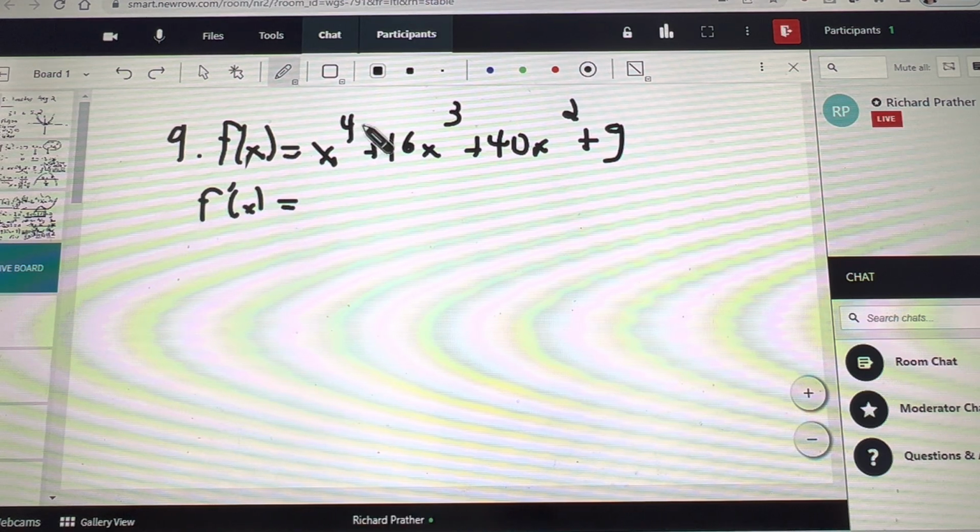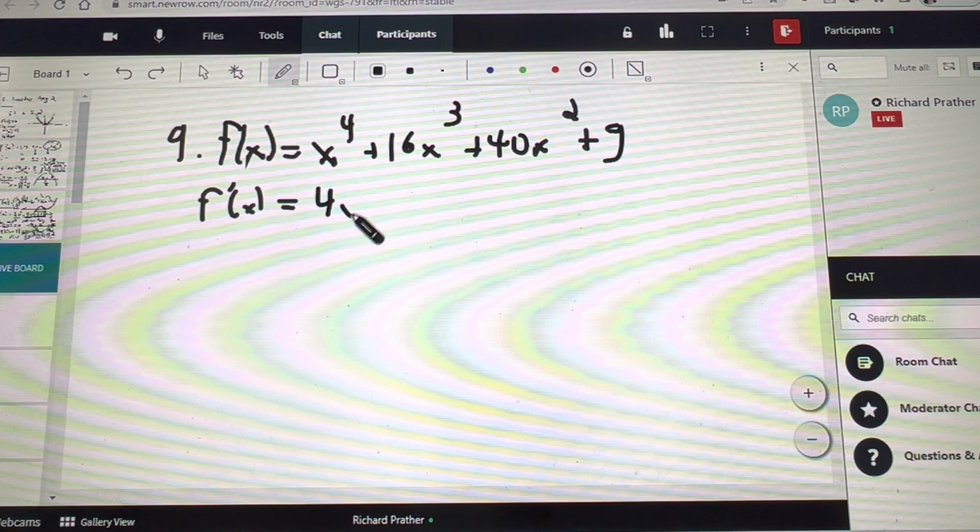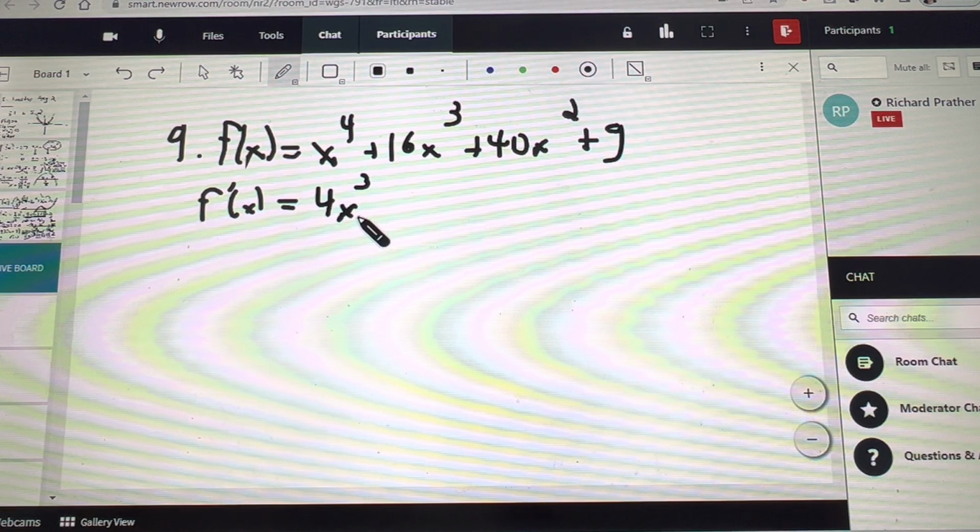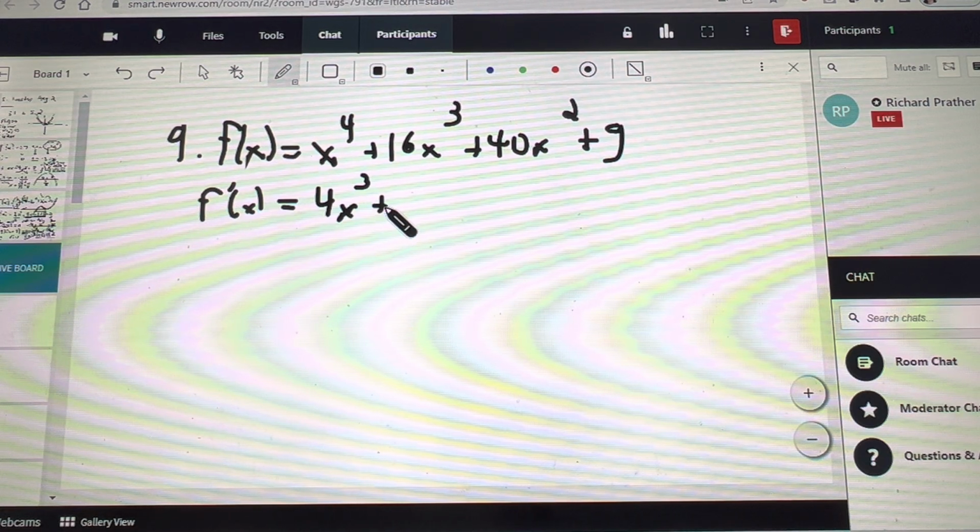So the derivative of x to the 4th, power rule, 4x to the 3rd. And really the chain rule applies, but the derivative of x is just 1, so that's when it really doesn't apply. And then I've got 3 times 16, 48, x to the 2nd, and then 80x,